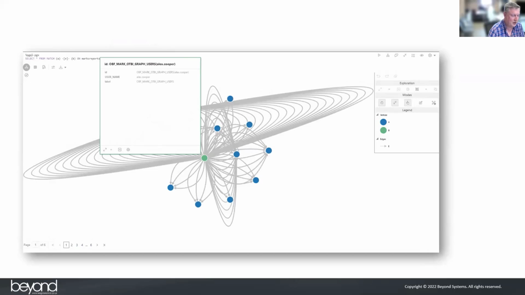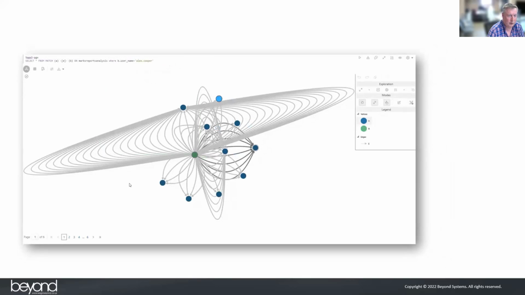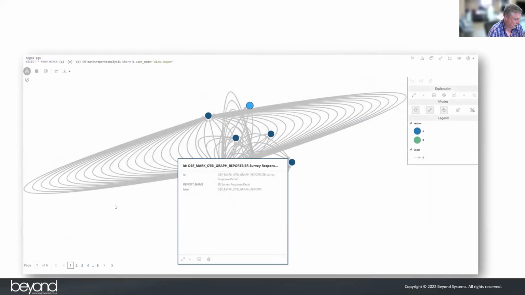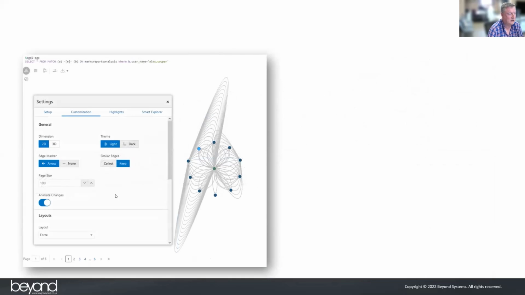So I've got 6 more pages down here, which is kind of interesting stuff. 6 more pages to look at, but I can change that so I can look in more detail or fewer detail. But so I can see that that's all pointed to that report there, which is this response detail report. Now that all looks interesting, but what I can do is there's so many settings you can set here to make it 3-dimensional, to put themes on it, but this is one I find quite useful. Is say similar edges to